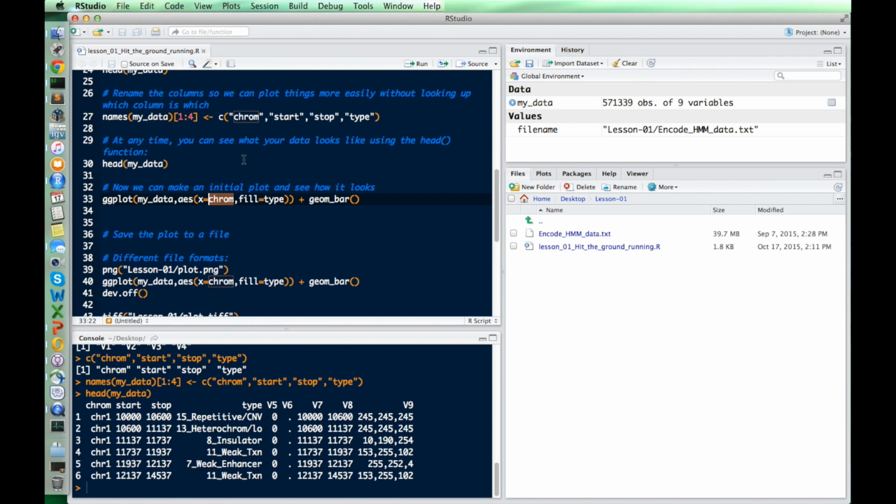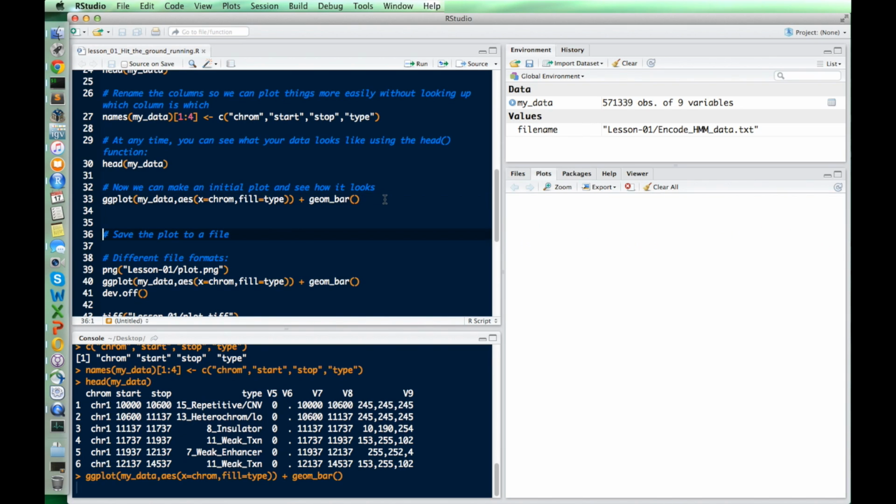So that Chrome matches up to the column name for this data set. And then fill equals type means that the fill color in our bar chart will be the type column over here. All right, and plus geom bar makes it into a bar plot. So if we run that, if we go Command Enter on this line,